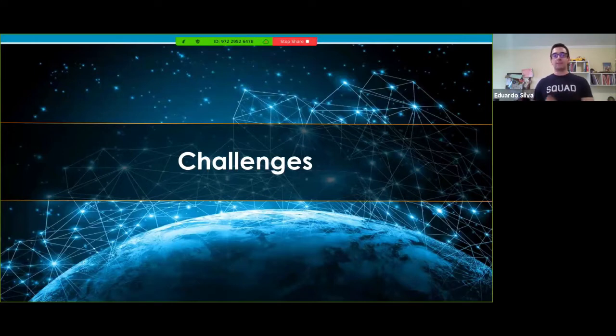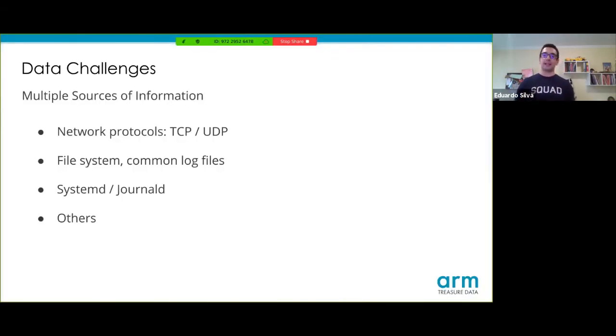But from the technical perspective, we have a couple of challenges. One of them is that data comes from different network protocols, maybe from TCP, UDP, in different payloads, from file system, from systemd, journald. In general, this is complex and a mess because data is everywhere in different formats and